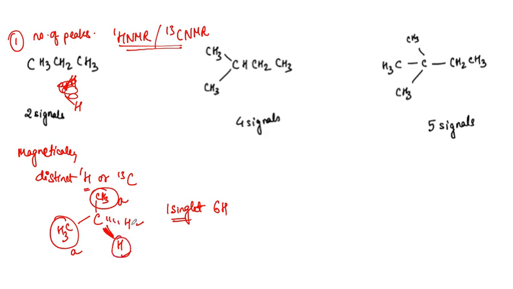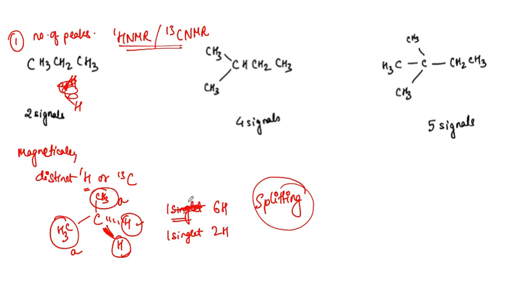Another value is going to be for these two protons, and since both of them are similar, I'm going to get another singlet for the two protons over here. In this video I'm not talking about the splitting. We are going to talk about the splitting in the next video, so that is why I'm writing singlet, or let me just write one peak. Over here we are just talking about the number of peaks. Don't worry about that. So two signals in the proton NMR.